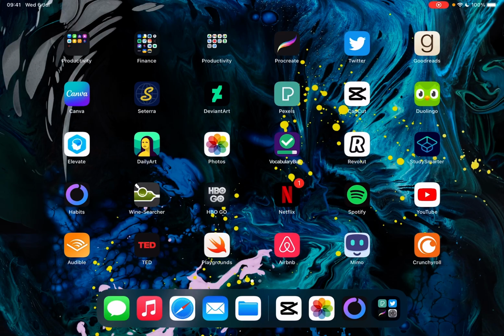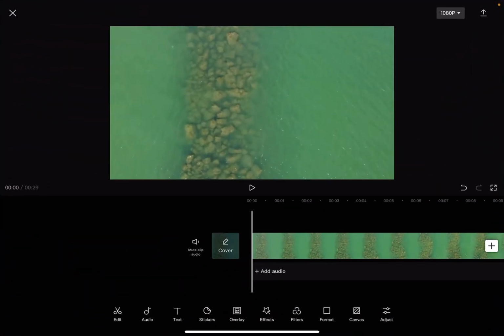Hello guys, in this video I'm going to show you how to adjust the shadows in your videos using the